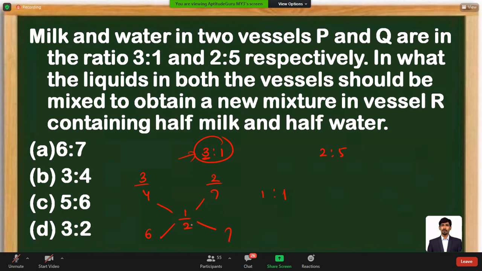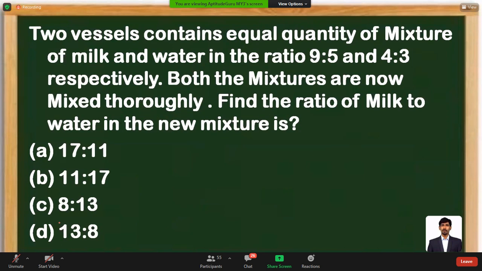Or otherwise, you can make all the denominators the same. To make the denominators the same, I'm just multiplying with 7. So then that is 21. This is going to be 8. This is going to be multiplied with 14. So this difference will be 6 and this will be 7. Fractions I am just converting into integers. Look at the next question available on the screen.